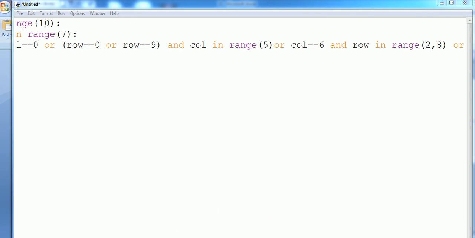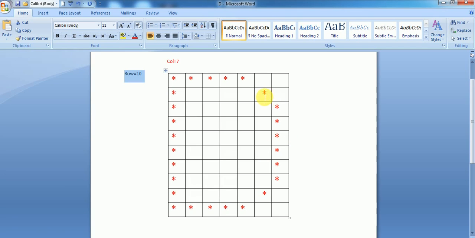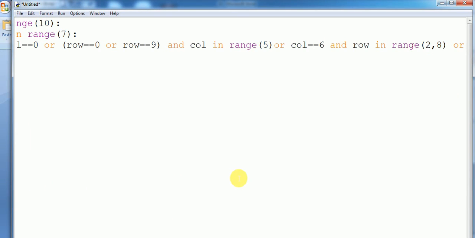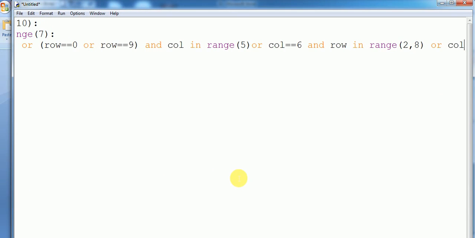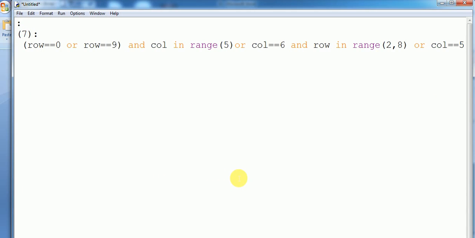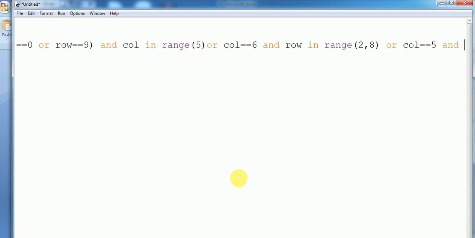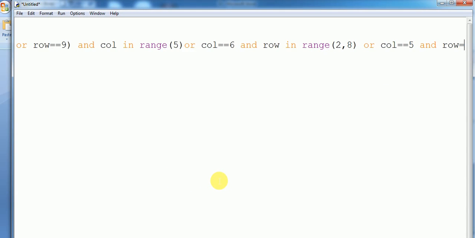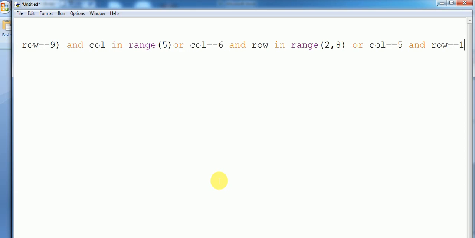Or we also have to write code for this star and this star. So if column number is 5, then we want to print, or column is equal to 5 and row is equal to 1, or